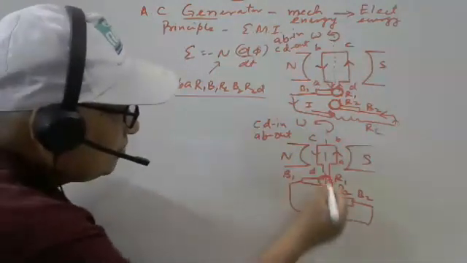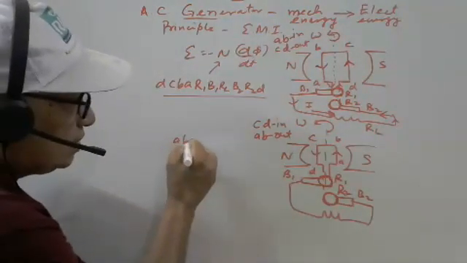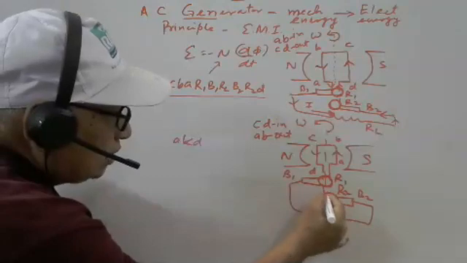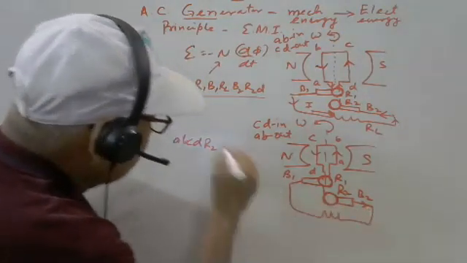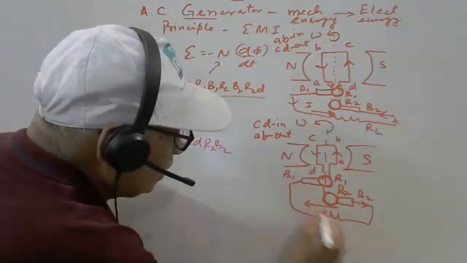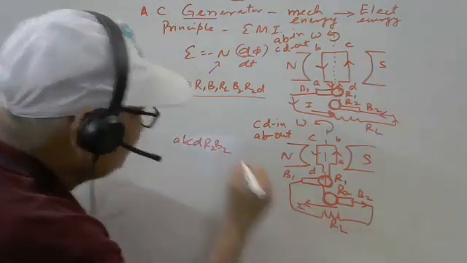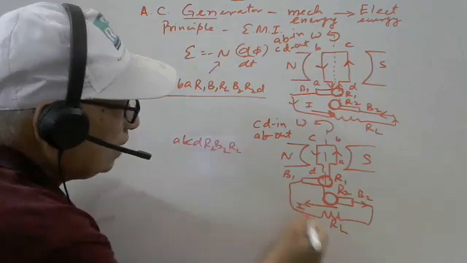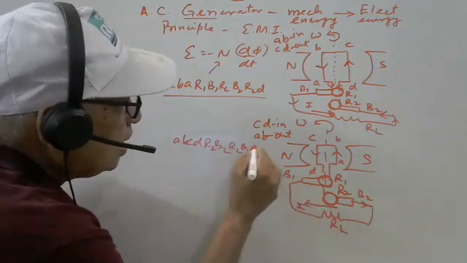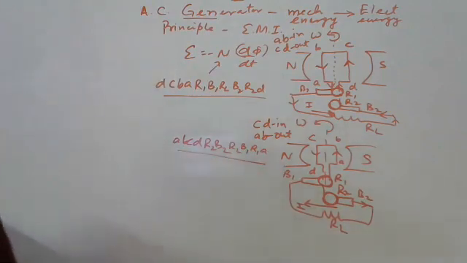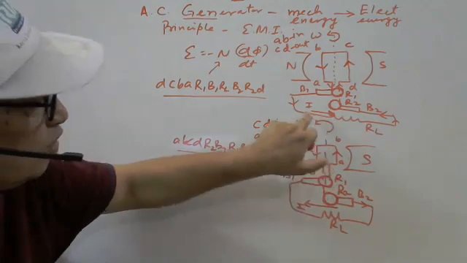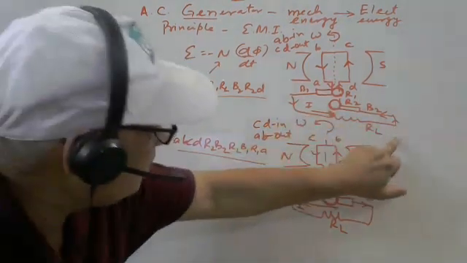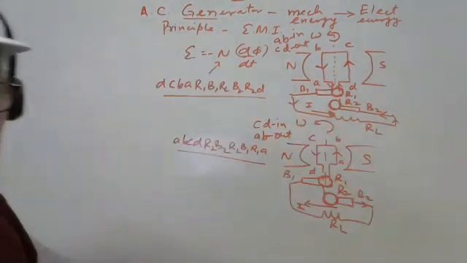Think about this. Now the sequence of current is A, B, C, D, and D goes to R2, which means brush 2 here. There is a current in the load resistance, and then brush 1, ring R1. So this is the sequence of current. You can see in the load resistance, current was moving from left to right in the first half.